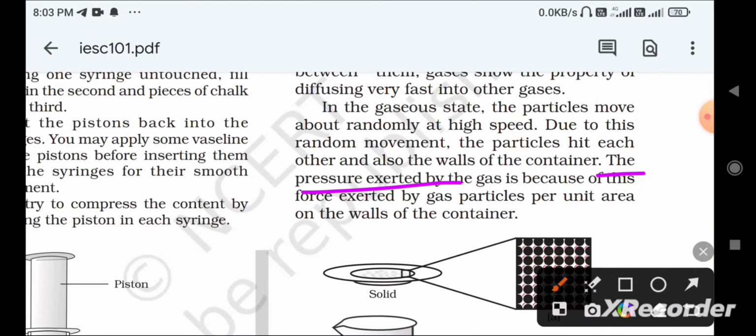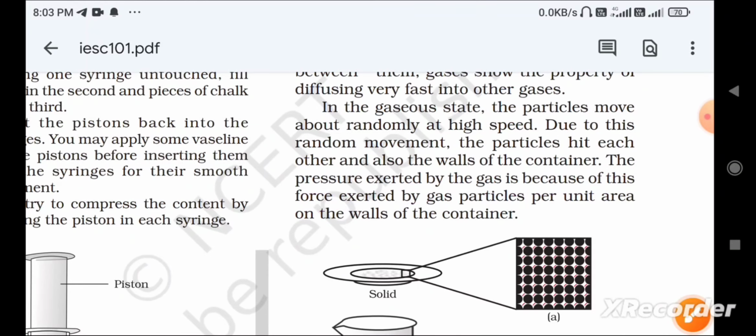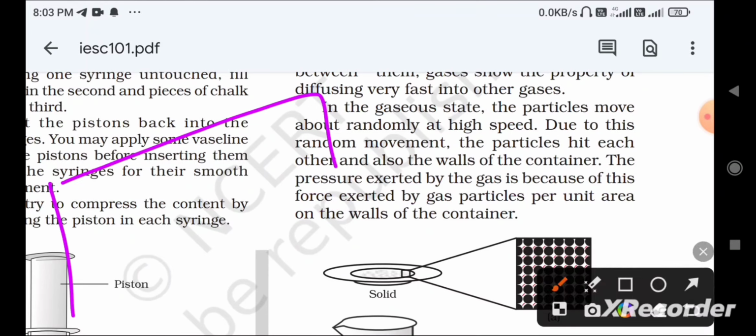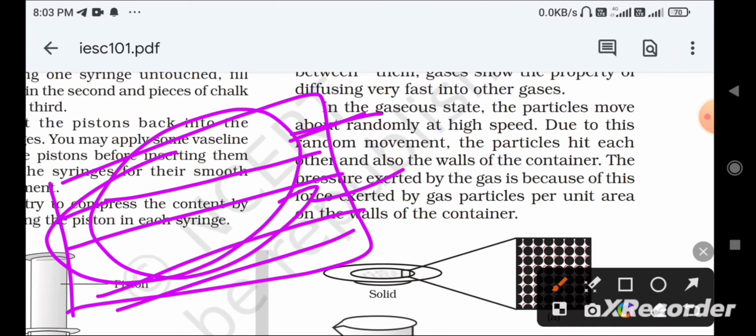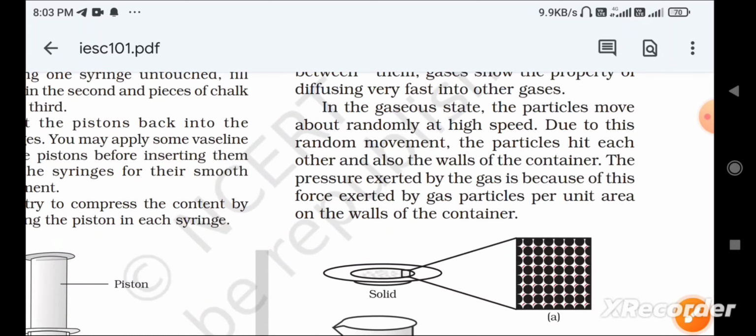The pressure exerted by the gas is because of the force exerted by gas particles per unit area on the walls of the container. So the gas particles exert pressure on the walls of the container. So these are the properties of the states of matter, liquid, solid